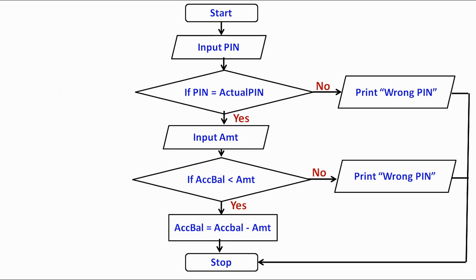The flowchart for the ATM problem is shown here. From the flowchart, we can see how the execution proceeds from start to end, both when the condition evaluates to true as well as when it evaluates to false. Before we start writing our programs, we must develop the algorithm and flowchart to ensure that we don't waste our time by developing a wrong program.